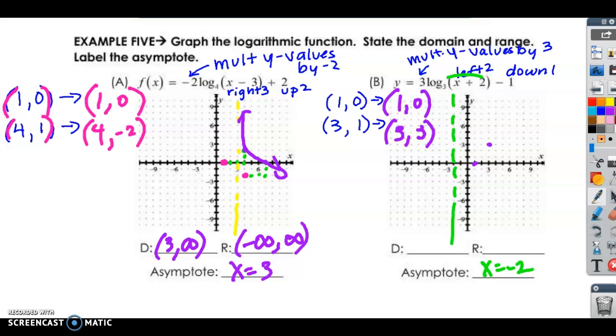Basically you're just setting this parentheses equal to 0. Okay, so I'm almost done. Oh wait, did I shift it yet? No. Got to shift it. Left 2, down 1 in red. Left 2,